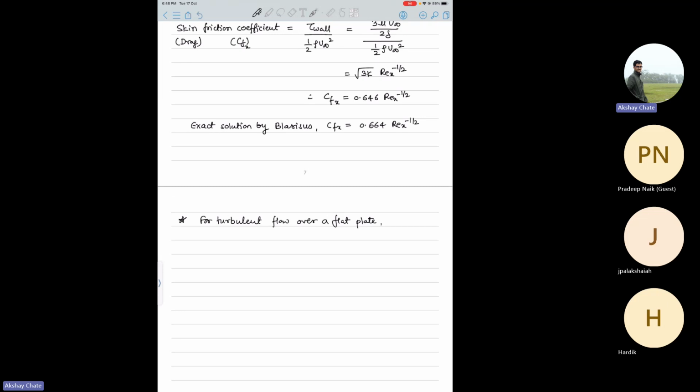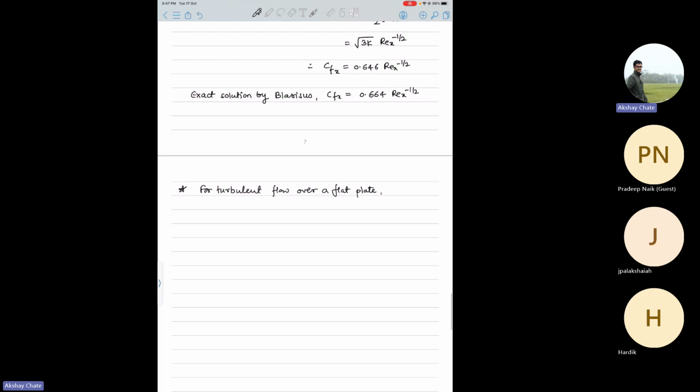sophisticated formulas for it. But fortunately, this von Karman momentum equation is valid for turbulent flow as long as we have some idea about the velocity profile. So from experimental observations, it is well established that for a flat plate in the turbulent flow regime, the velocity profile is something like (y/delta) raised to the power 1/7. You can ask me where you got this 1/7 power from. That is an experimental observation. There is no derivation for it. And